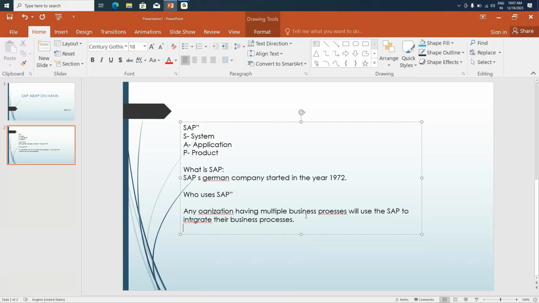SAP integrates all these things into one business repository, wherein everything can be done under one software. That is the advantage of SAP, because of which most of the companies out there are willing to have SAP as their business partner, because there is no other competitor for SAP in the market who can integrate all your work processes in such an optimistic way and give you the output. So this in general is about SAP.